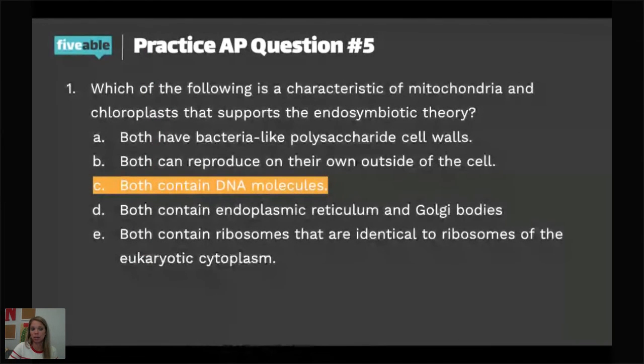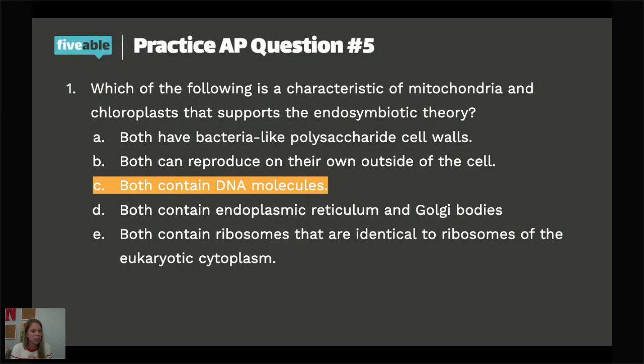And this is from College Board's Key. And I will say, this is one of the old questions I had to dig up from like 2004. That's why it's got a part E on it. My rationale for it being C and not B, because if you think about it, C and B are kind of saying the same thing. Reproducing on their own, having DNA. When cells reproduce, it's because they have DNA to tell them, hey, it's time to reproduce. But that DNA is what causes it. And so that's the root of the problem, so to speak. That's what enables it all.